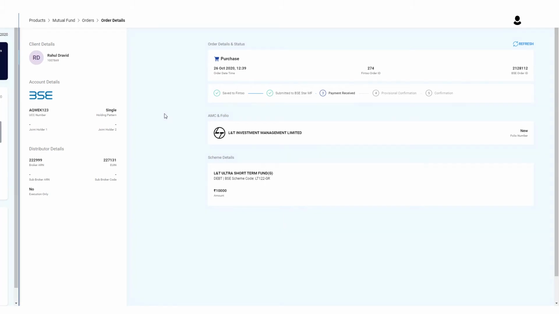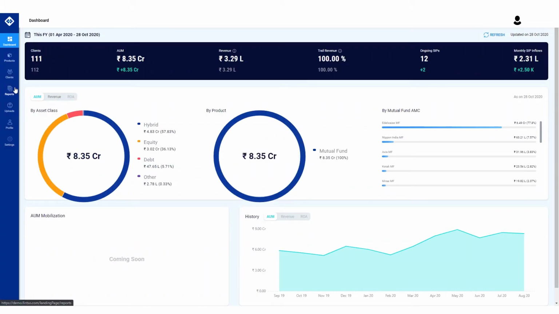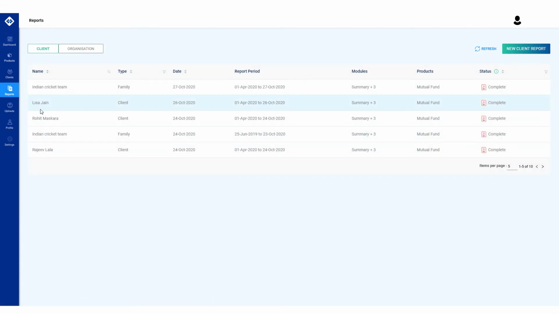Get access to individual client reports that are straightforward, comprehensive, and insightful. Generating a client report has never been easier. You can generate multiple client reports at one go. The option of Family Report allows the designated head of the family to view a consolidated report of investments under all the members of his family.